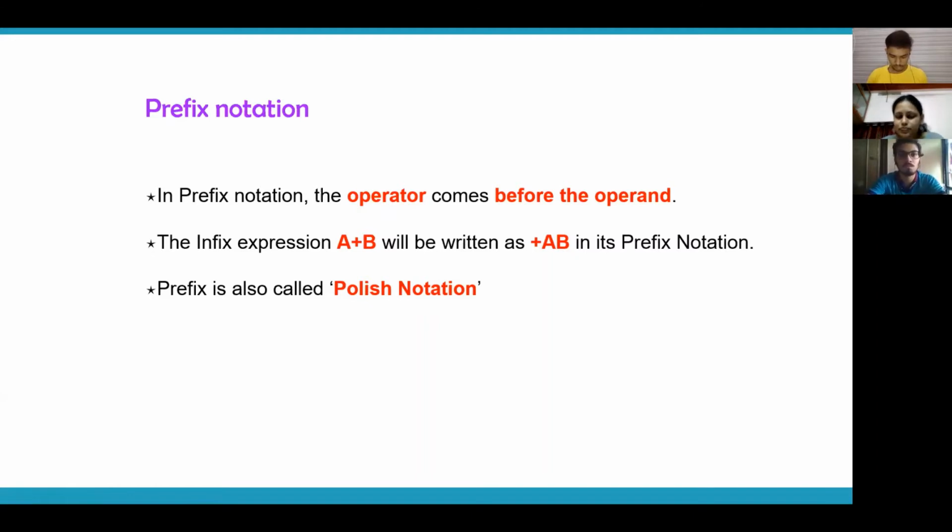Okay, so infix is the style, the language that we understand, or in which we write arithmetic expressions. But that is not the language that the machine or the computer understands. The computer understands a different notation. All the compilers perform arithmetic and logical operations, and they understand them in a different notation.